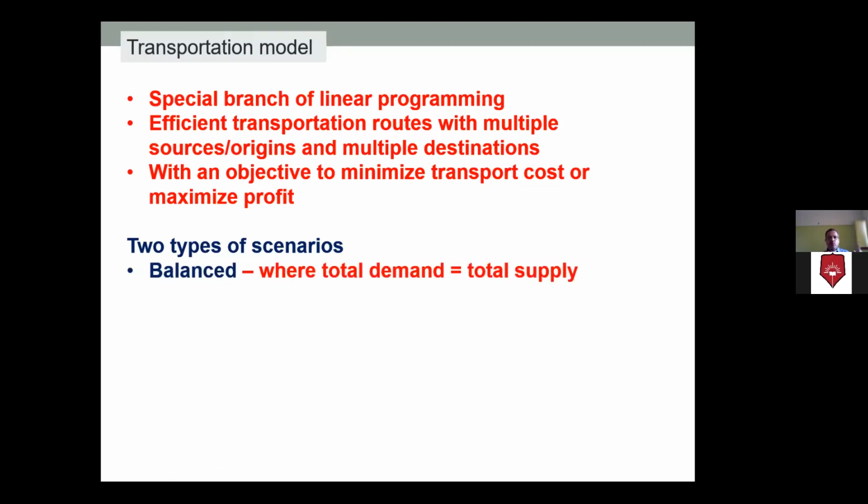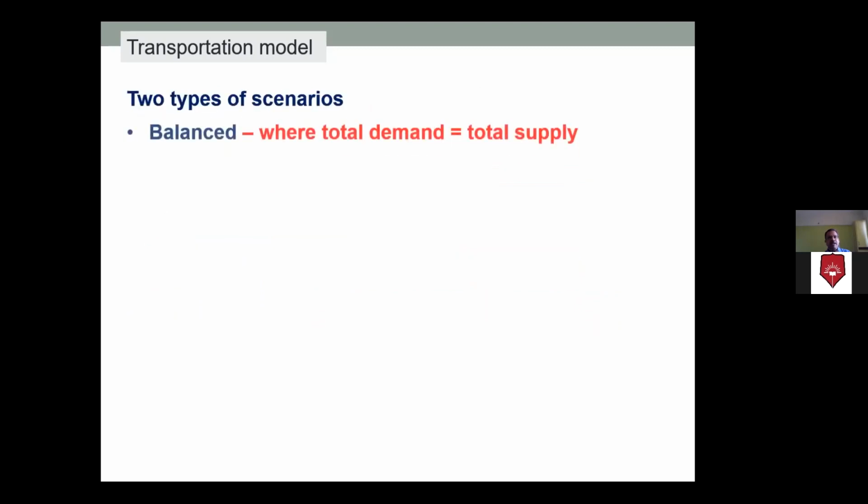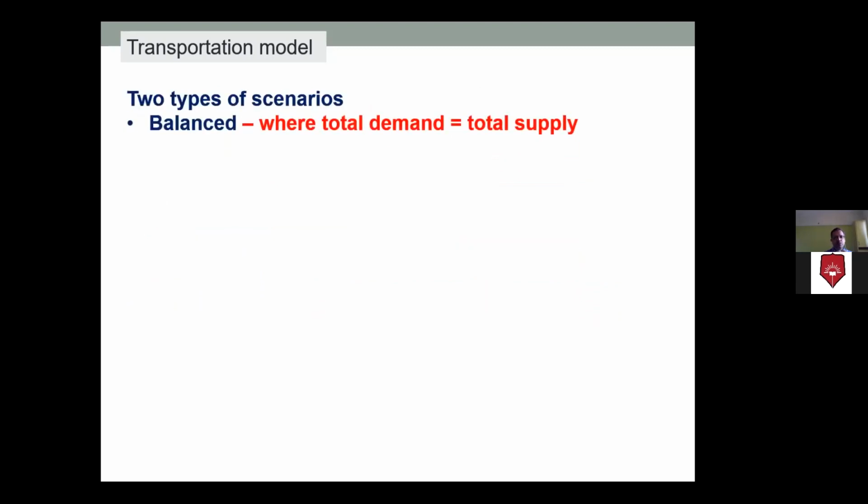Balanced का क्या मतलब है? Total demand is equal to total supply. And unbalanced is where total demand is either less than the total supply or greater than the total supply. In both the scenarios, it is called an unbalanced problem. Now, in a balanced problem, because total demand is equal to total supply, we don't have to add any dummy, because demand is matching supply. So we solve it as we solved our examples number 1 and 2, because both those were balanced problems. The only thing you have to remember, there are two variations possible.